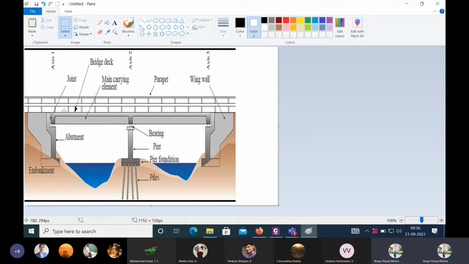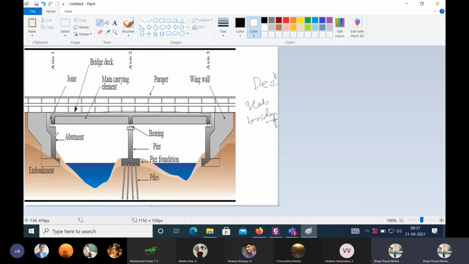All of you please pay attention. Before we go to the design, let me explain something regarding this. I think all of you have seen this kind of bridge structure. This one we generally call a deck slab bridge. Here this top one is the deck slab.